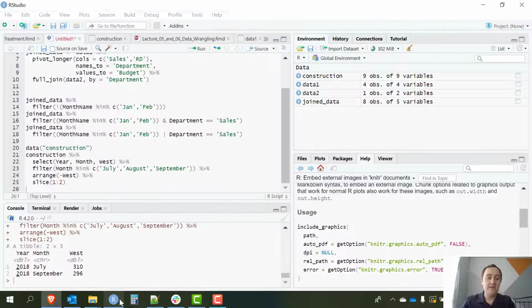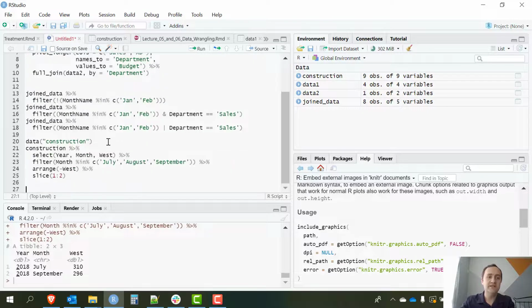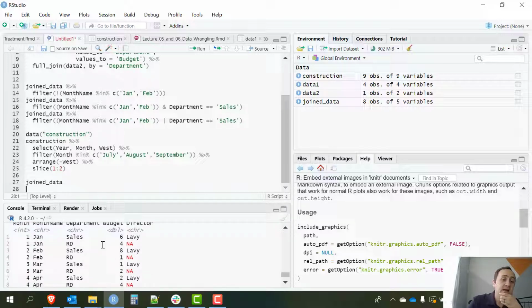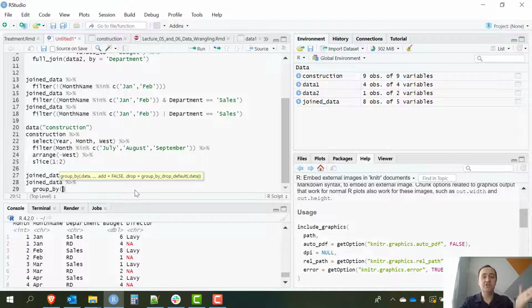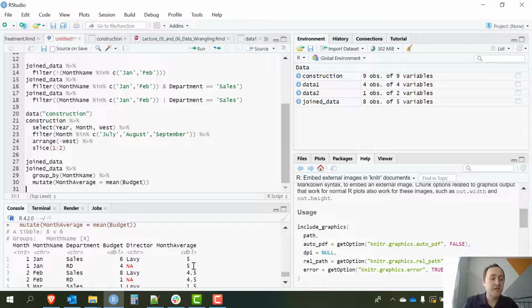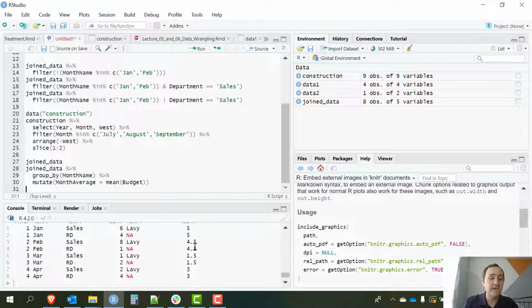So for example, let's go back to our person year data here, or let's say our joined data. Let's say that I want to calculate the average budget for each group. So let's do joined data, group by, let's do the monthly averages. Group by month name, and then I'll do mutate month average is mean of budget. We can see that the average budget in January was 5, in February was 4.5, and